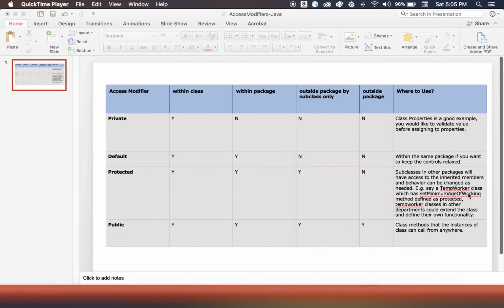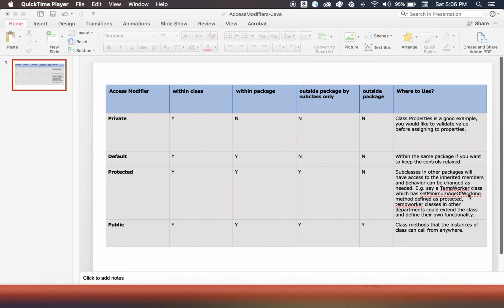So the usual programming guideline is that you should define access permissions to what you need, which means that you should be as restrictive as possible. If you do not want the class members to be used outside of class, you have to define them as private. And I have also listed down some examples which would give you insight about where to use which type